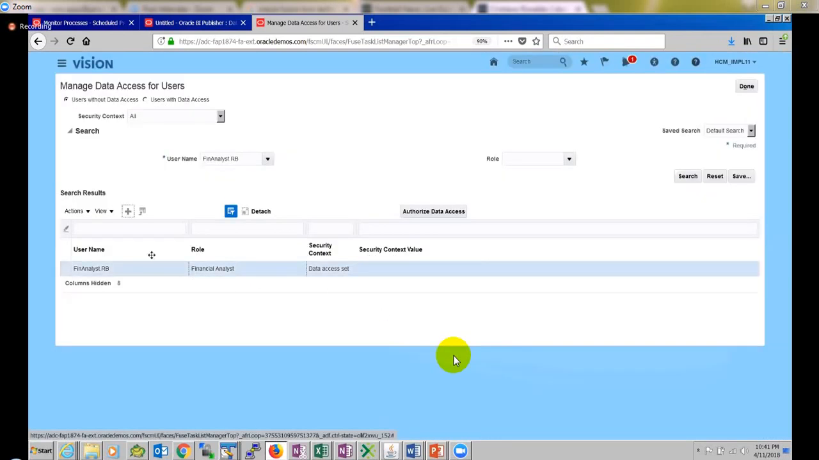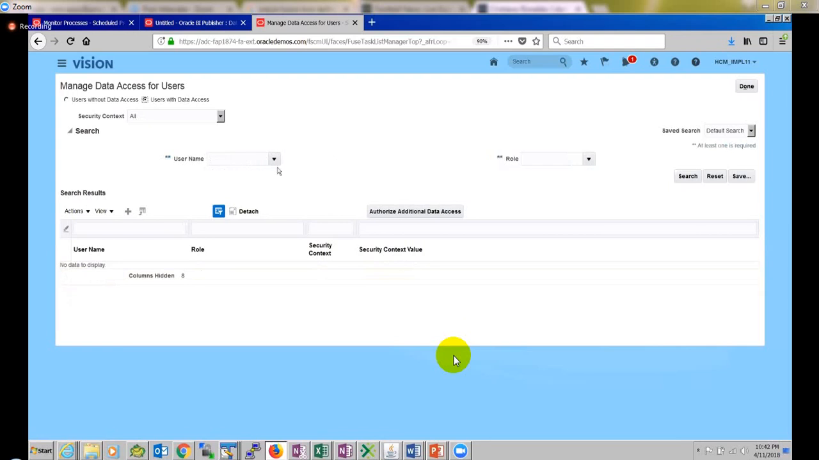Okay, so I got this now. It has not come up yet. If I go and check, this person won't be in the users without data access anymore, because this person got the role assigned, and the security context value assigned. That's why you have to go to users with data access. Here, you can see that person now. If you go and search for this person in the screen,